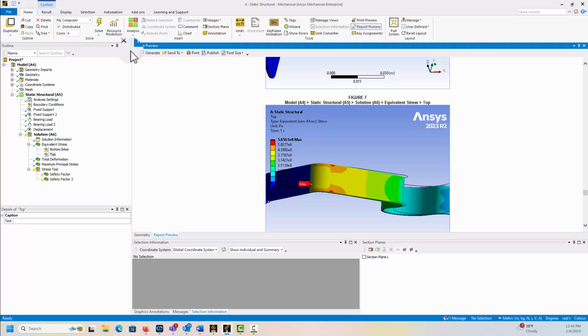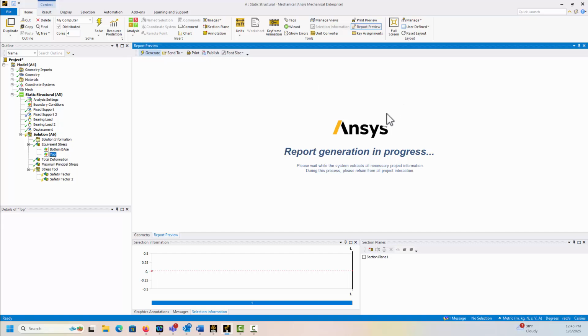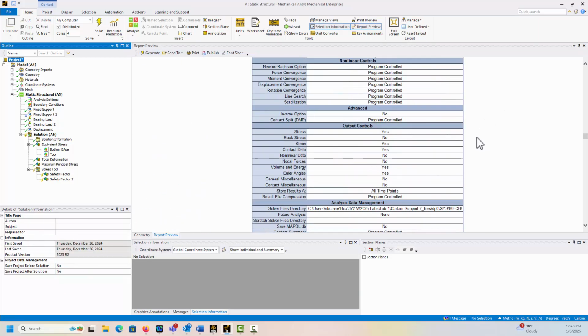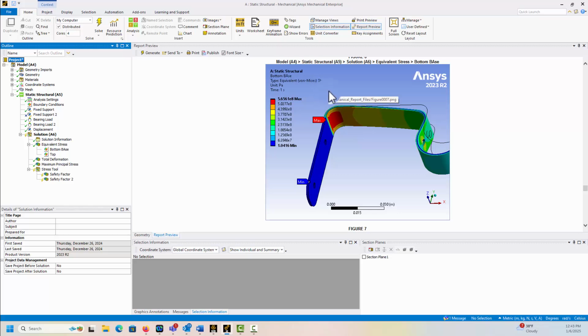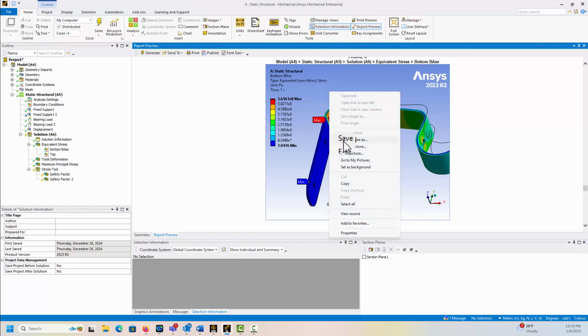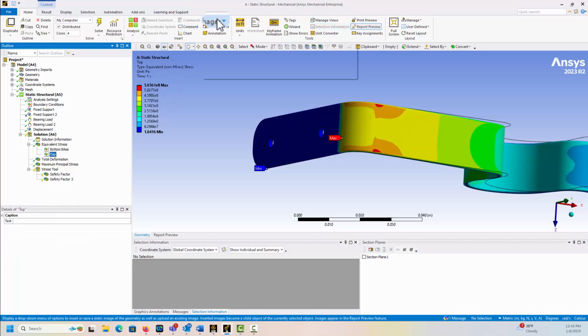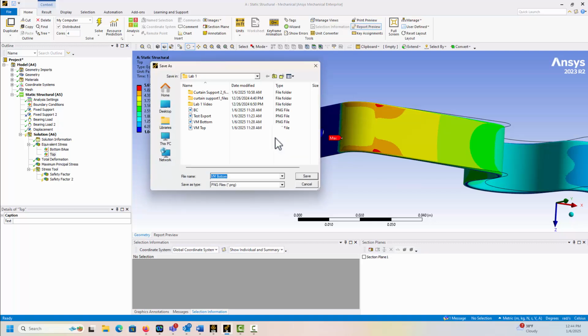I need to come up here and generate report again. So now I can come back down here. And now these look a little bit better. So I have a file. I could save the picture as, again, the resolution's not real great this way. I think you may be better coming back to the geometry, looking at this, and doing image to file. I haven't checked to see if the resolution's better, but this is that you could export this to a file